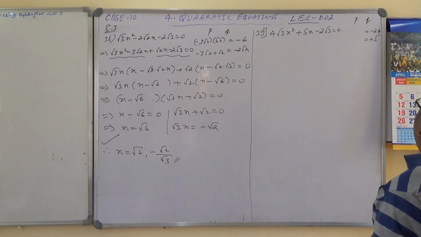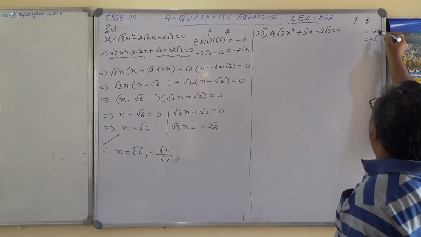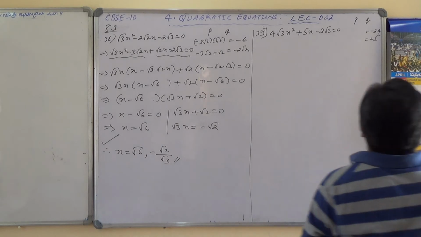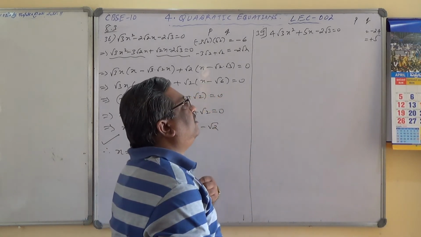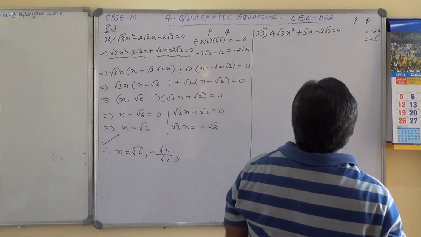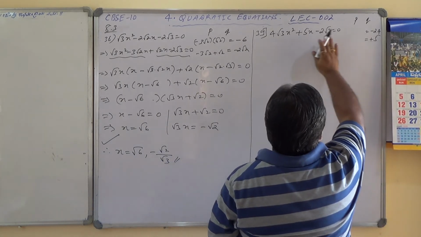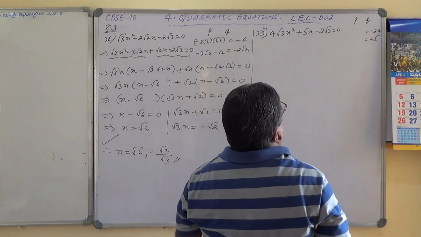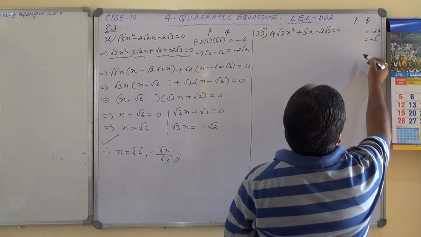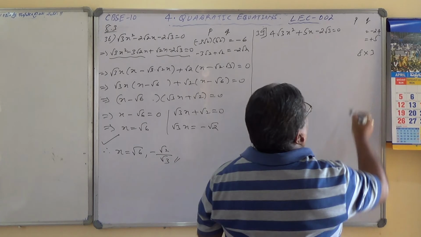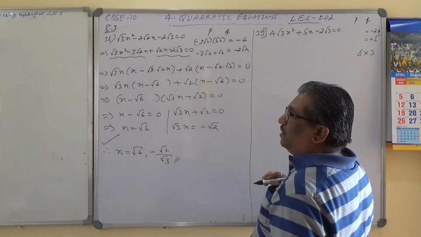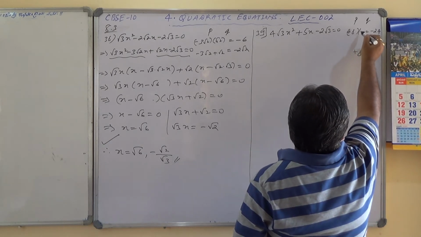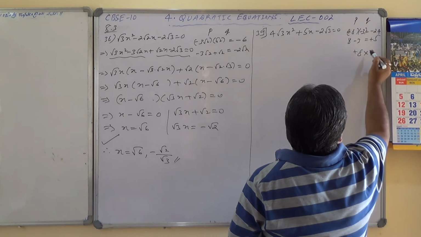So, how do we get it now? Plus 5, 8 into 3, not possible. 8 into 3, 12 into 2, 4 into 8. Is it possible to get something like this? Let me check here. We should be able to get it in terms of root 3, so 3 must be a factor here. 3 into 8, 8 into 3, 24. Whether I have written this correctly? Yeah, correct. Plus 8 into minus 3. 8 minus 3 is 5, correct?